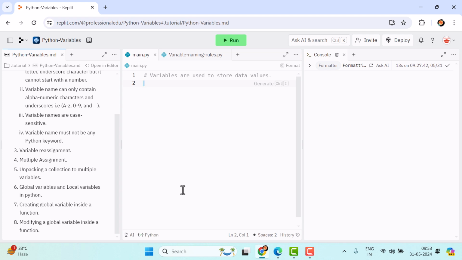So let's start. What is a variable? A variable is used to store data values. Variables are like containers that hold information which can be referenced and manipulated throughout the program. In Python, variables are dynamically typed. So let's take a simple example. Let's create a variable message and the value is, let's say,